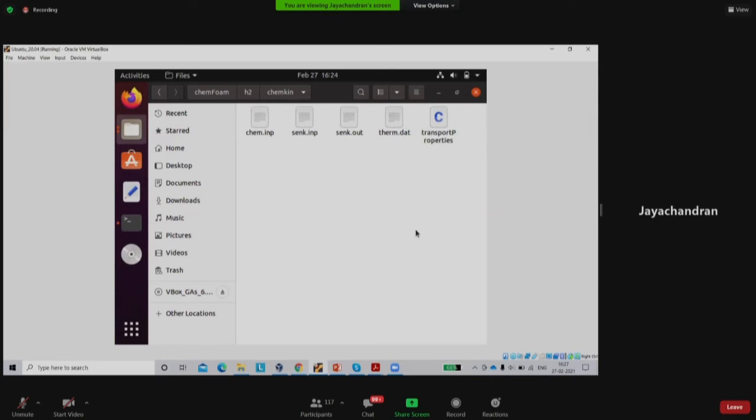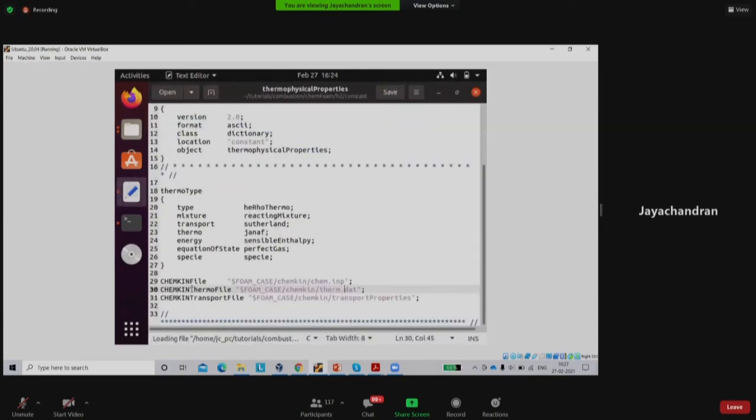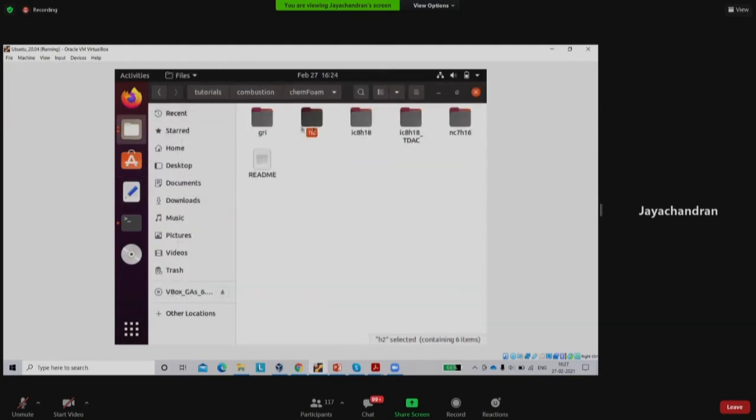You can import that data from there, and OpenFOAM has the capability to read that data using these three commands, using chemkinToFoam. So basically, you can go through all these five cases in the ChemFoam folder also, because these are complex cases. That's why I modified it to a very simple case. These are multi-step, multi-component cases.